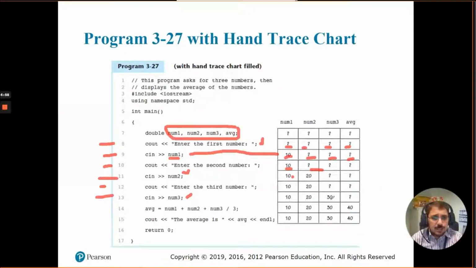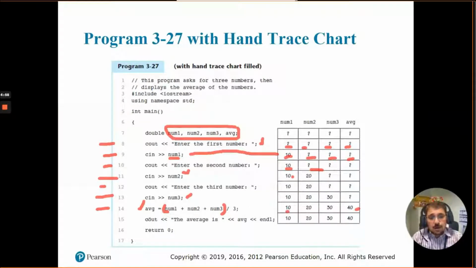So you see 10, 20 and 30, and at line number 14 average will get a value: these three values divided by 3. Actually, this should not be the correct division, it should be written like this with parentheses, otherwise the division will be done first. So at line number 14 average also got a value. So 10, 20, 30 and 40.